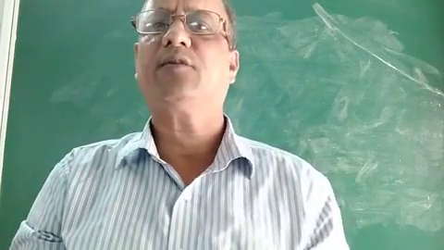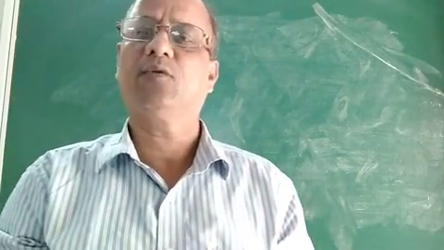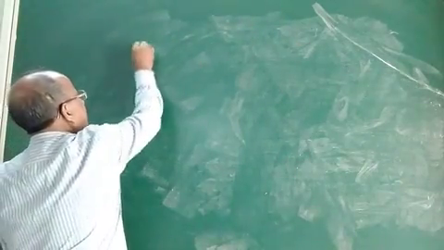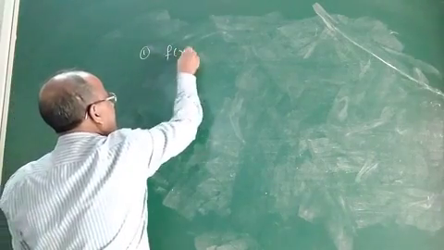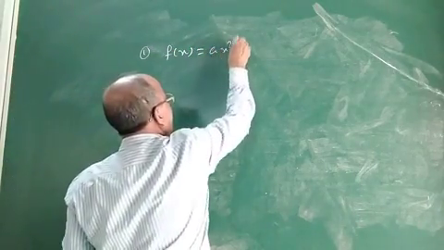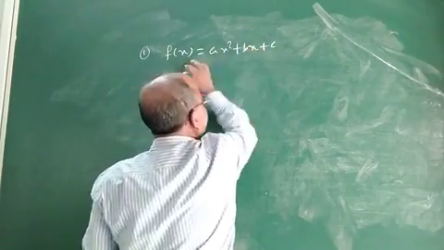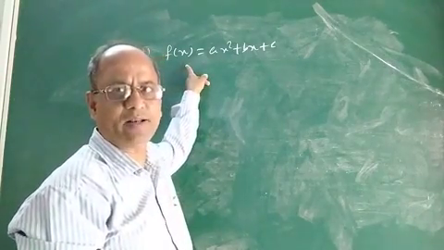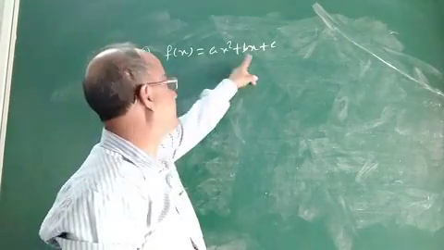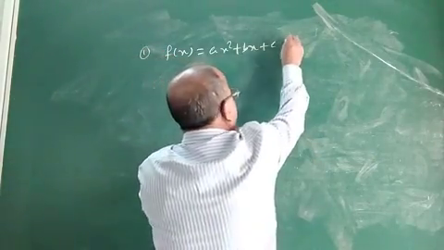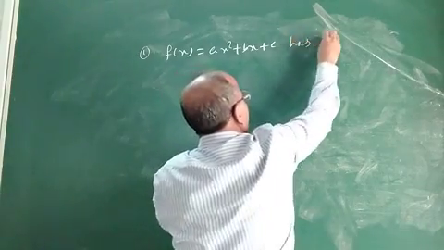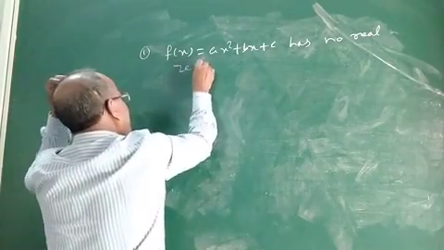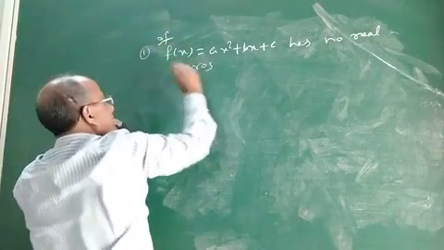A very important question on polynomial which generally comes in the board examination. See, what is that question? Suppose you are given a polynomial defined by the relation ax square plus bx plus c. This is a quadratic polynomial in variable x. Suppose it is defined by this relation and it has no real zeros.